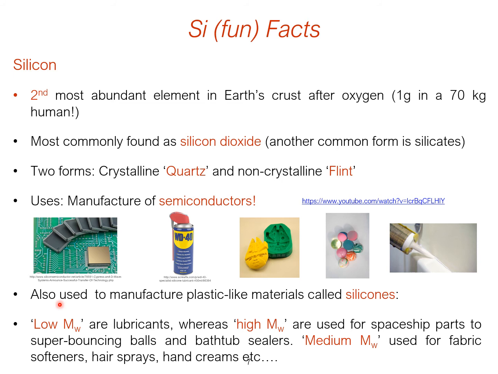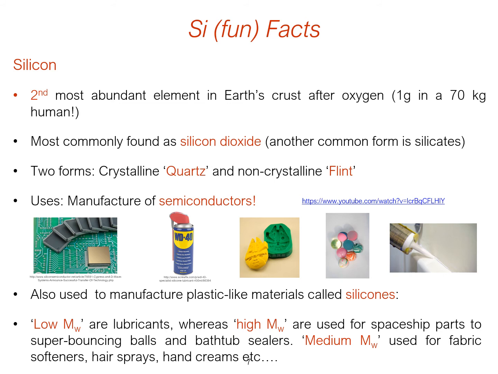Now with a low molecular weight, that's what this MW is, shorter polymers of silicone are used as lubricants, things like WD-40, whereas high molecular weight silicones are used for spaceship parts, super bouncy balls, bathroom sealants, and silicone molds you get for the kitchen, like loaf tins. And then you've also got medium molecular weight silicones, which are used in fabric softeners, hairsprays and hand creams. Hair conditioner especially, if you look on the back of a hair conditioner bottle, they usually contain